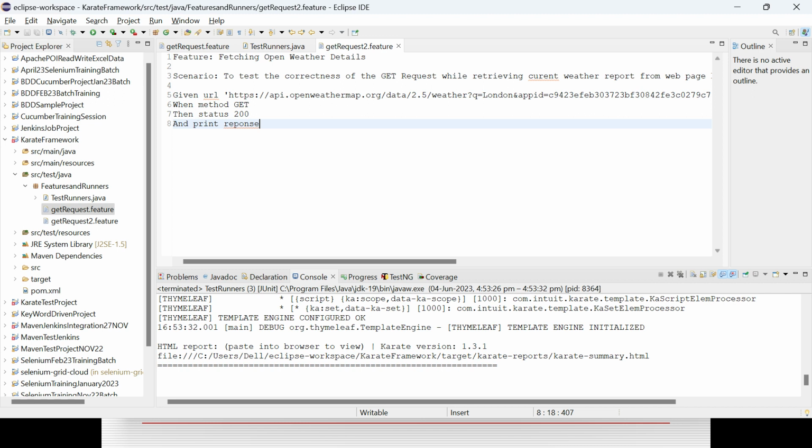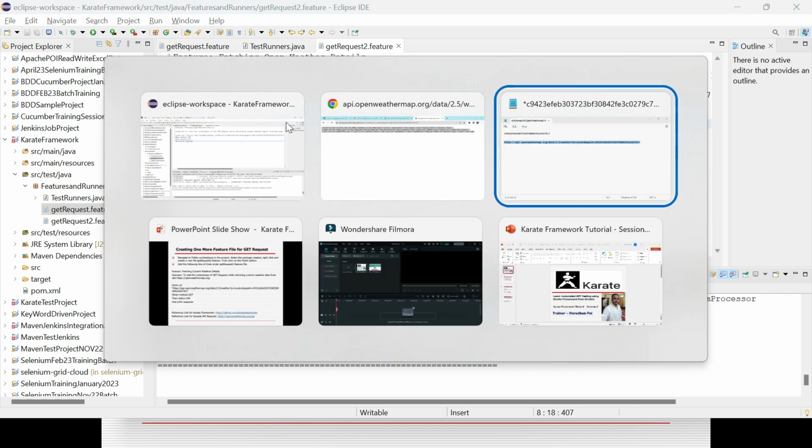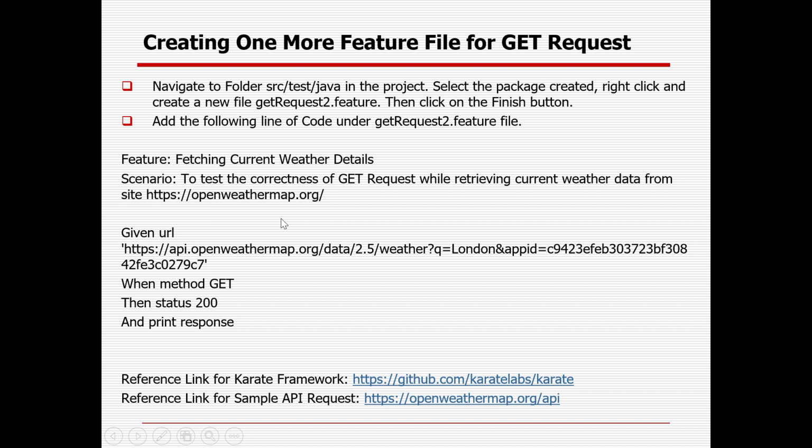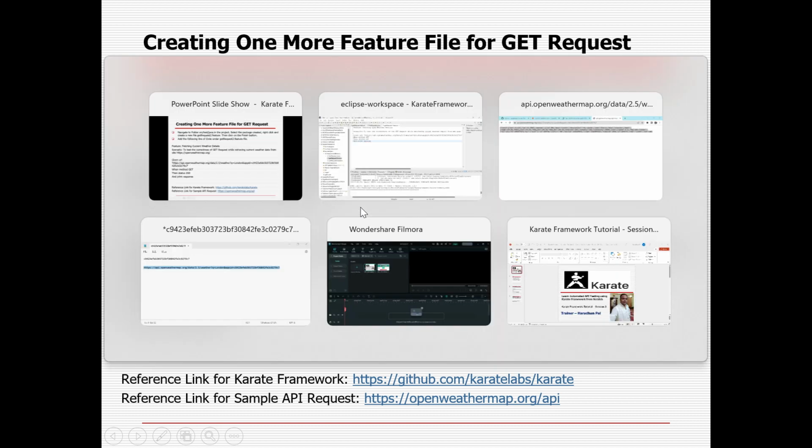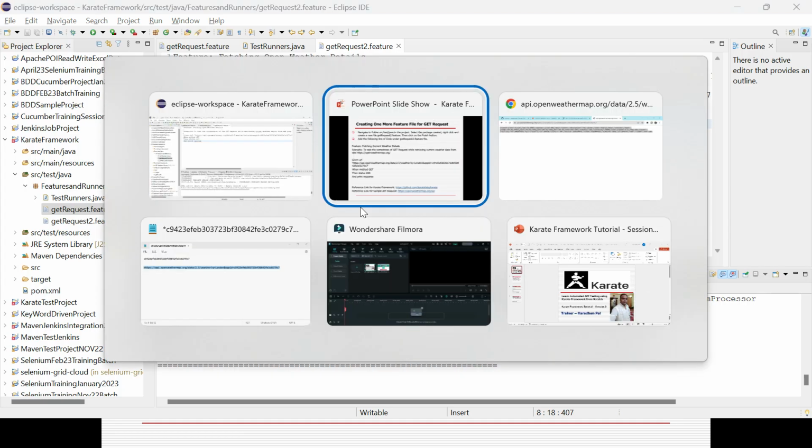Then I want to retrieve the details, and I want to validate whether my status is 200, which means it is really retrieving the details, and also I want to print the responses. Then that response I will validate it, okay. So that is the way I have created one more features file for the GET request, and this is